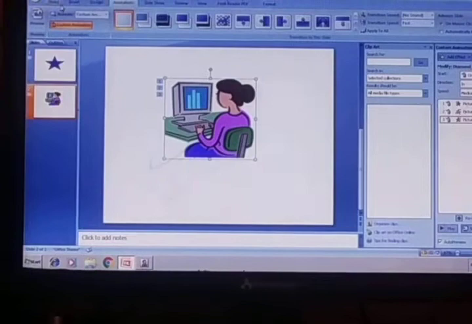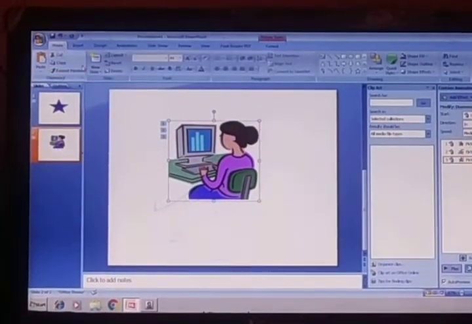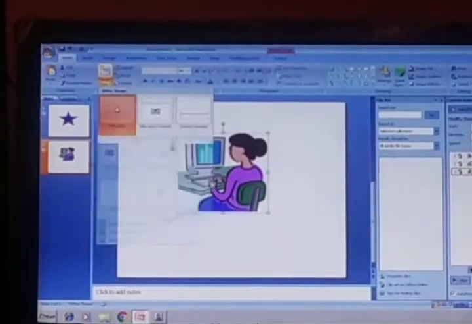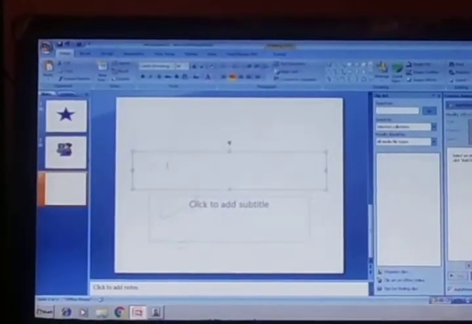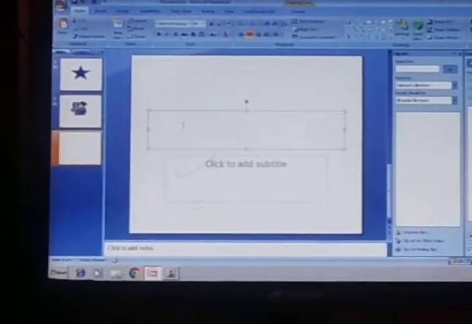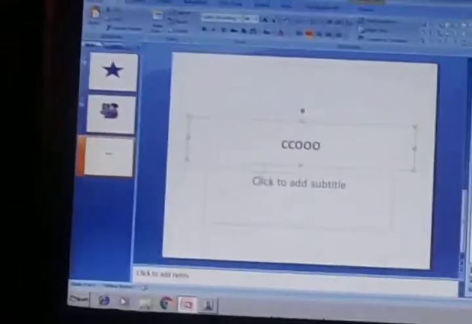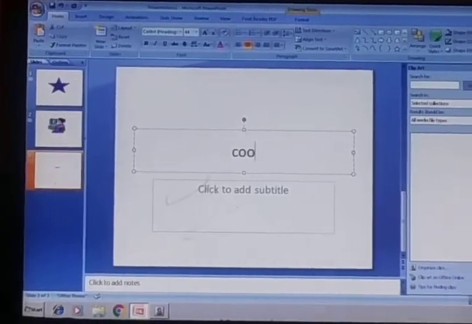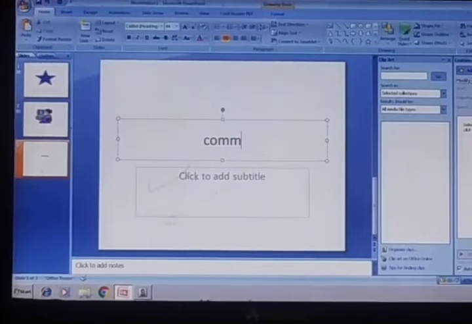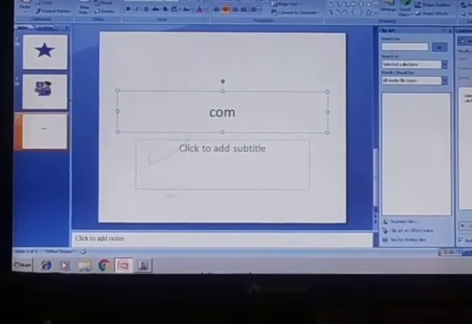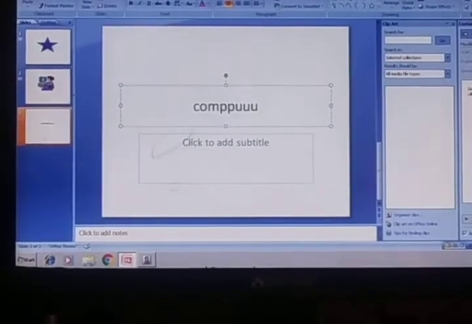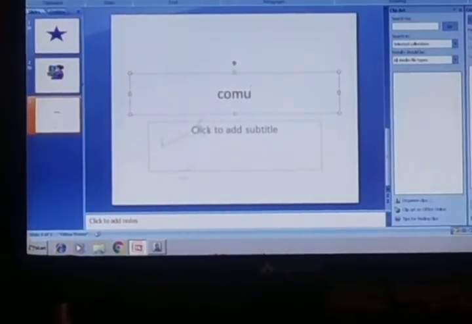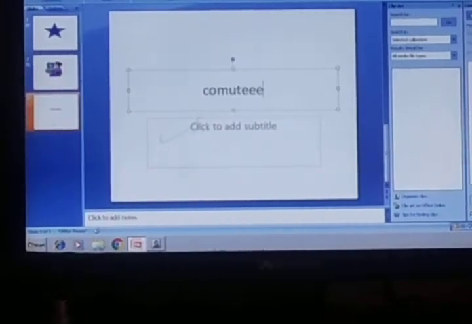Go to the home tab, create a new slide, choose this one, type here. Tutor.